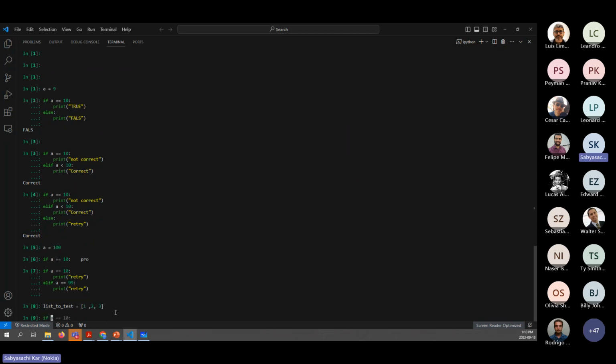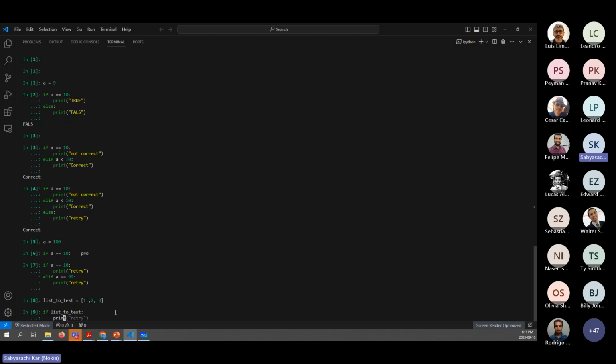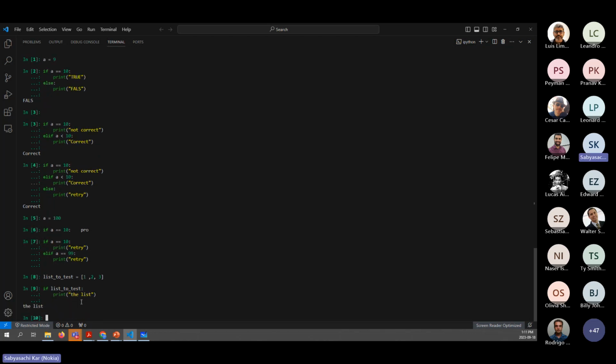And if I say if list to test, then print the list. So what would happen? If list to test means we don't give anything else, it will just check the variable,